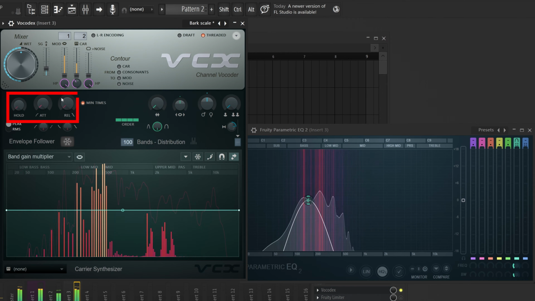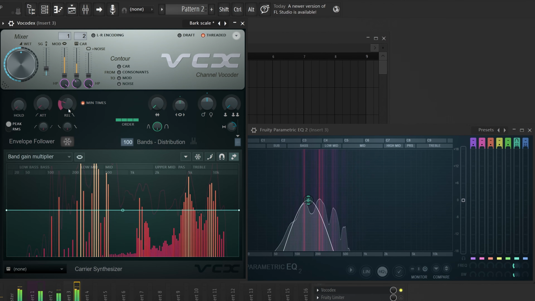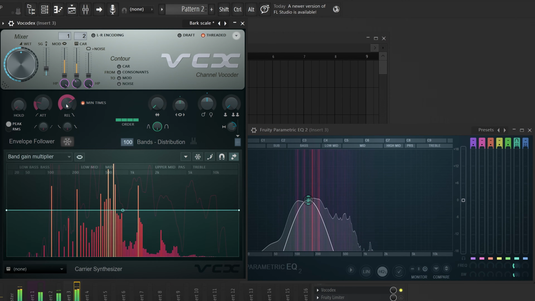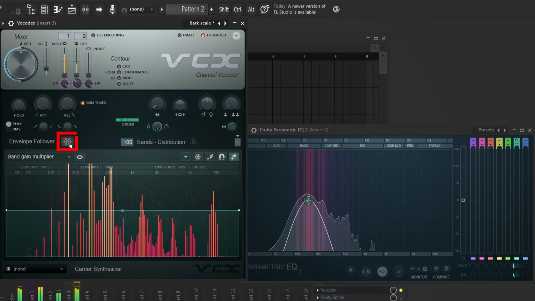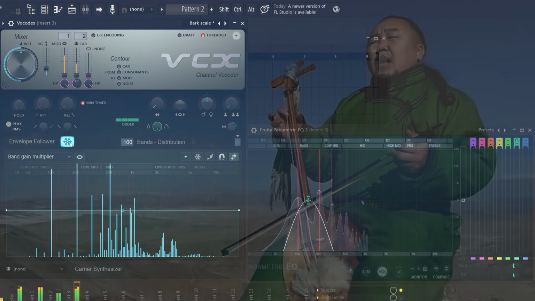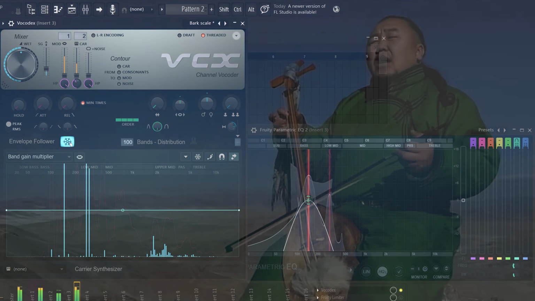And then, of course, you get the attack and release time, and that controls the envelope. So if you make it very slow, it sounds like I'm in a cave and I'm in Minecraft or something like that. And the other thing you can do is freeze the spectrum, which is really cool for making textures. For example,